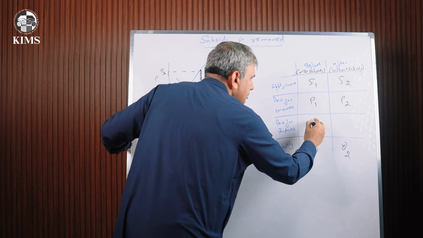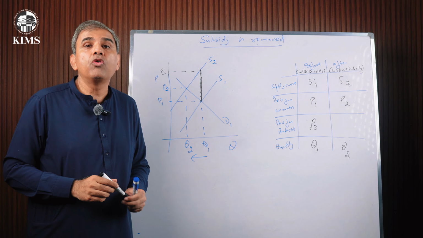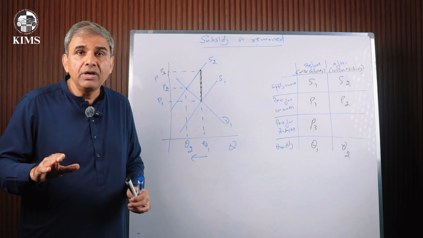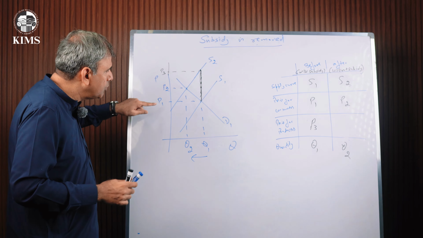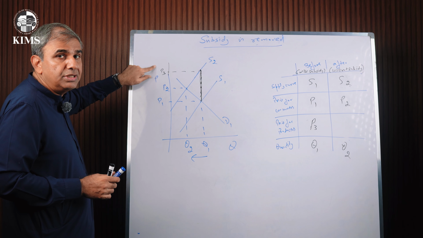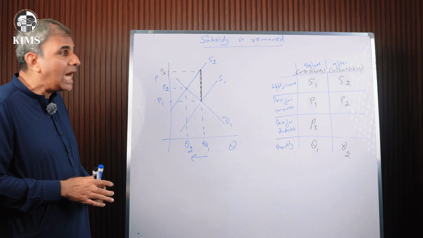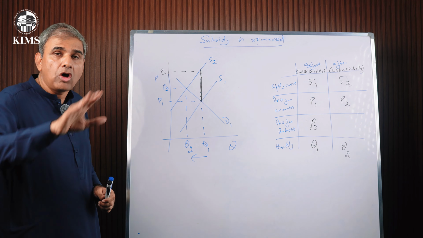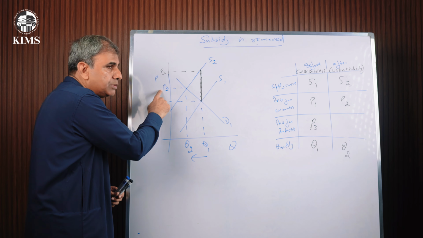This was the price producers were getting before the subsidy was removed, and it was the price that included the amount of subsidy. So consumers were paying P1, but producers were getting P1 plus subsidy, P3. Black line is the amount of subsidy per unit. After the subsidy removal, now without the subsidy, there is no subsidy now, price paid by consumer is P2, and it is the same for the